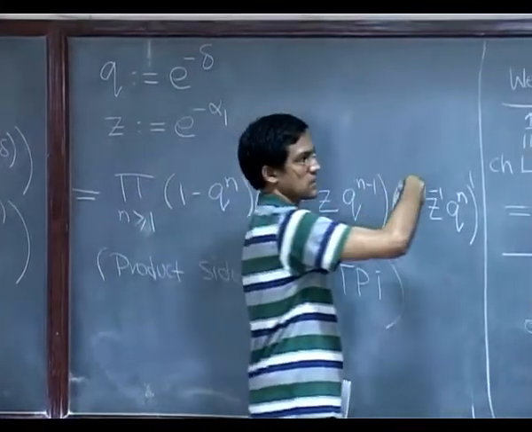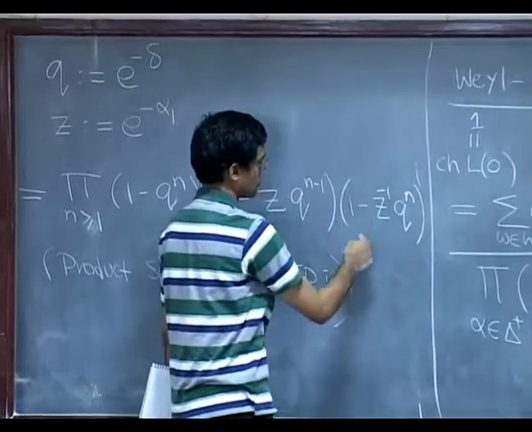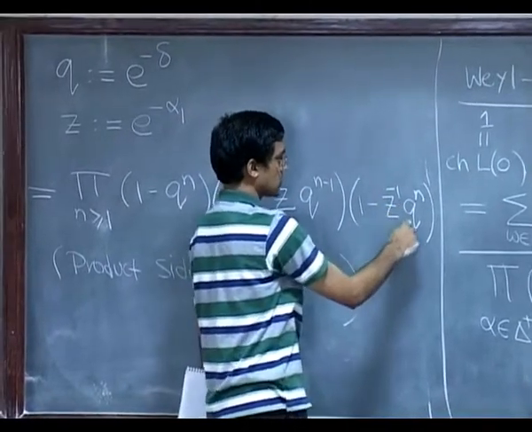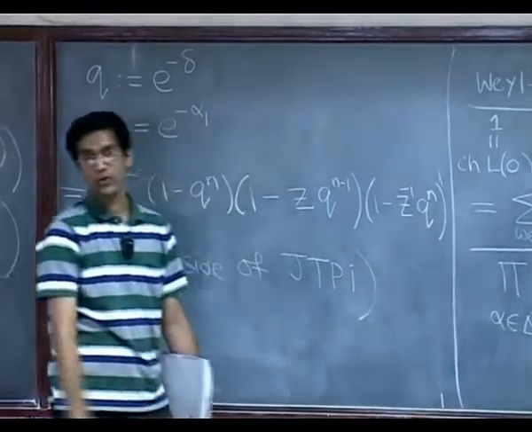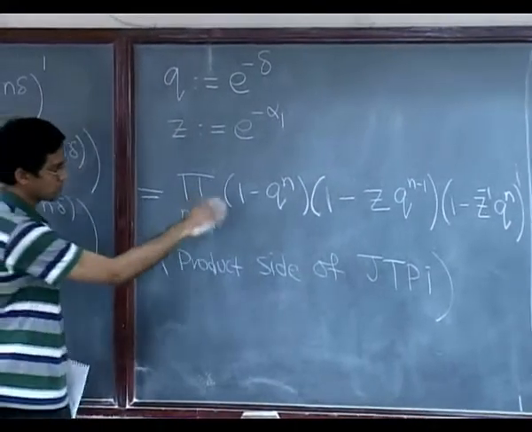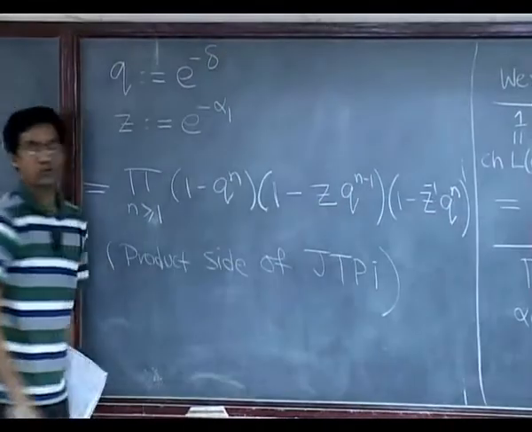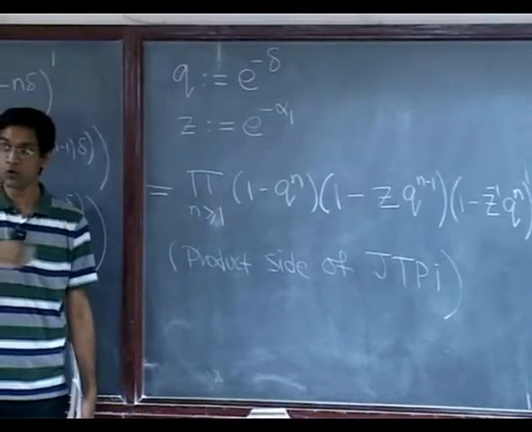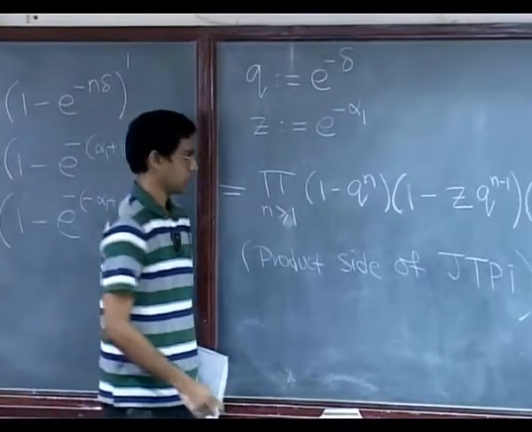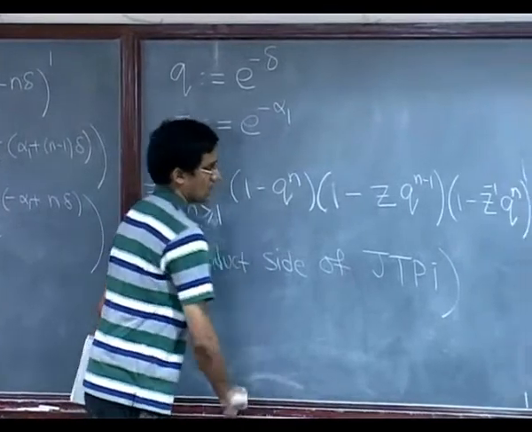Minus alpha 1 plus delta onwards are negative or positive roots, and therefore, even though you have a z inverse, it starts only from q squared, q cubed, and so on. So this funny occurrence of the powers of z and q is explained naturally when you think in terms of the real roots of the corresponding root system. Okay, that is the product side.